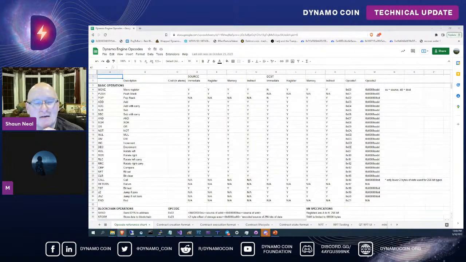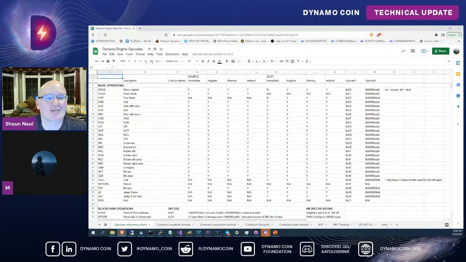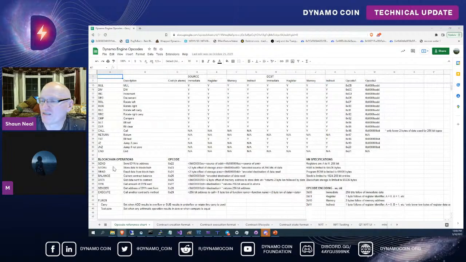There's the ability to write basically assembly language, right? I don't have an assembler yet, but there will be. So these are opcodes that can be executed in a virtual machine, and relevantly, all of these are the sort of opcodes that you expect to see in any sort of RISC-based architecture. And then I have implemented these other additional opcodes that will allow people to interface with the blockchain